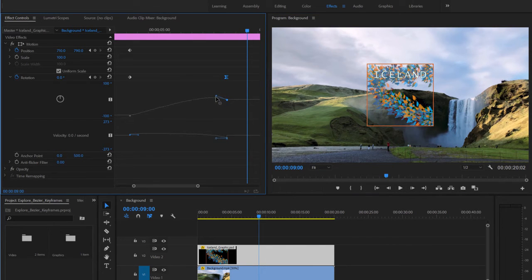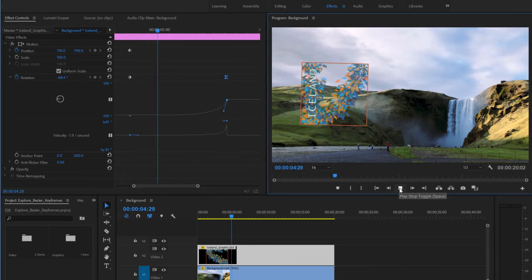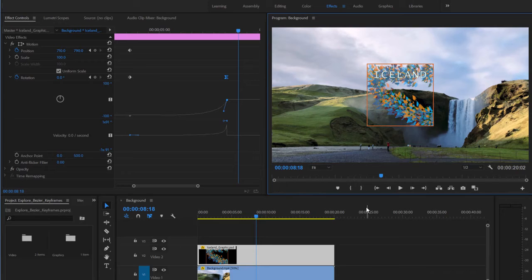I can also use this Bezier handle to pull down. And again, I'm going to pull down so we get quite a sharp finish, but I don't want to pull down so far that this line dips below the original setting. And let's take a look at that. Well, it's pretty good. I like the acceleration, but that Bezier curve is giving us a slight backwards motion at